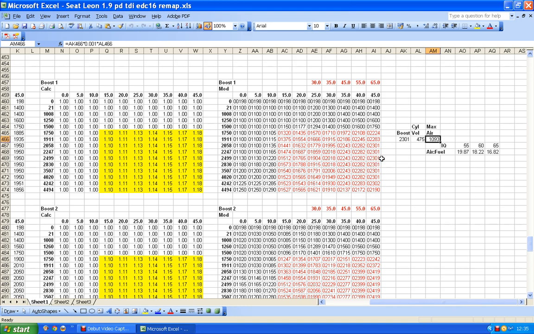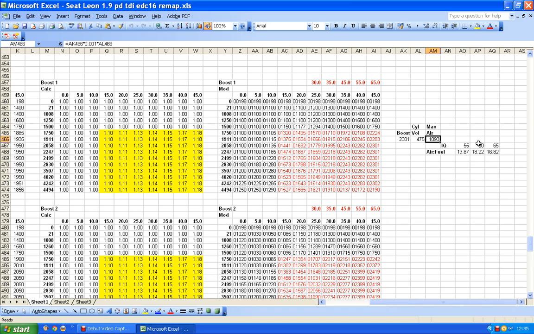Right, now let's see what this means. If I pick the 2301 there, 2301 of boost at 475 milligrams per stroke, which is a reasonable assumption for a 1900cc engine, will give me an air supply of 1093 milligrams per stroke. So I've got that much air available. Now, if I assume 55 milligrams of fuel and that much air, it will give me an air fuel ratio of somewhere around 19.87. So okay, not a bad figure.